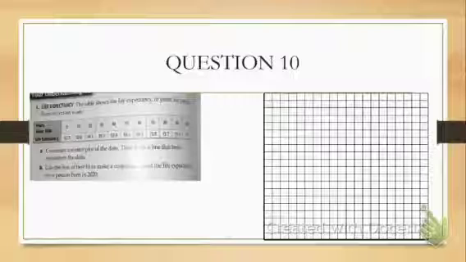In our first problem, we are creating a scatter plot based on the life expectancy of people. We're comparing the years, which will be our x value, and the life expectancy, which will be our y value. In part A, we're asked to construct a scatter plot and draw the line of best fit that represents the